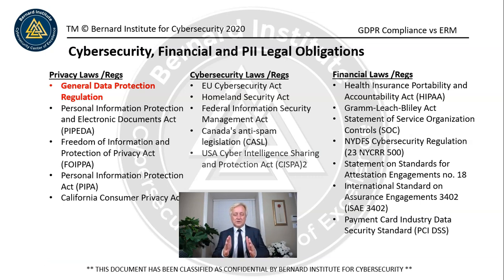There's so much confusion about what we need to do and what we don't need to do because all of these acts overlap each other. And then there's, of course, the payment card industry. Several of these acts are actually based on ISO 27001, because ISO 27001 was created in 95 by the UK government when they couldn't get their supply chain to follow the government's security standards. So they created the standard. It was later adopted 10 years later by the ISO organization, who is trying to harmonize business processes around the globe. The ISO 27001 was born.